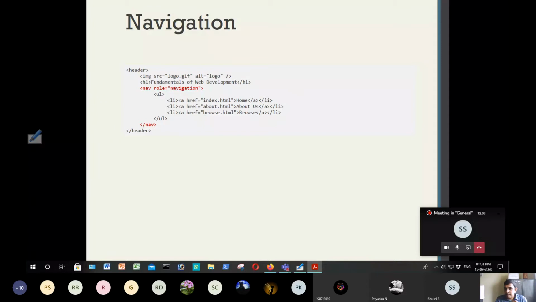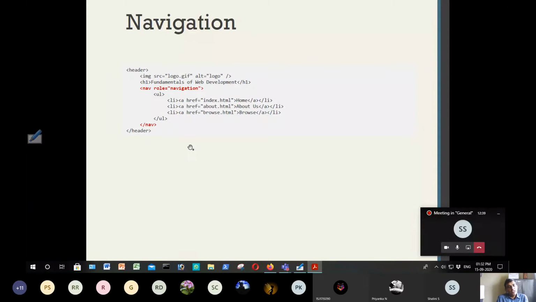If a search engine crawler, a web crawler, is used to crawl a web page and get all the contents, it will never know which part was a navigation part. So right now, note the point that since we have included these hyperlinks within nav, so opening nav tag, closing nav tag, and of course we have used an attribute known as role equal to navigation. What is the role? Role is actually an attribute that is assigned with the value navigation.